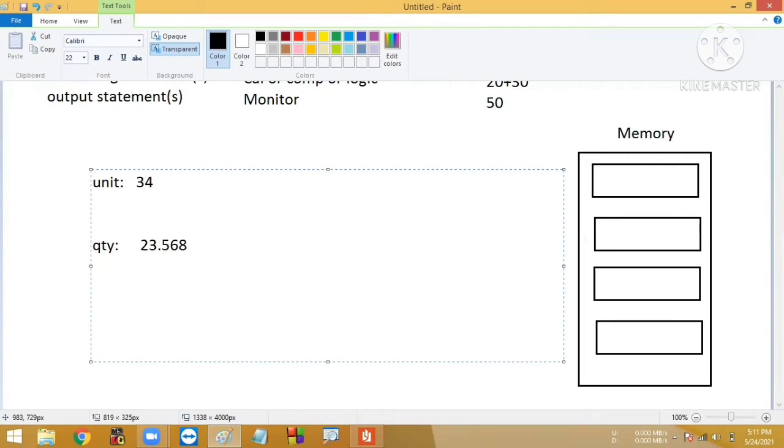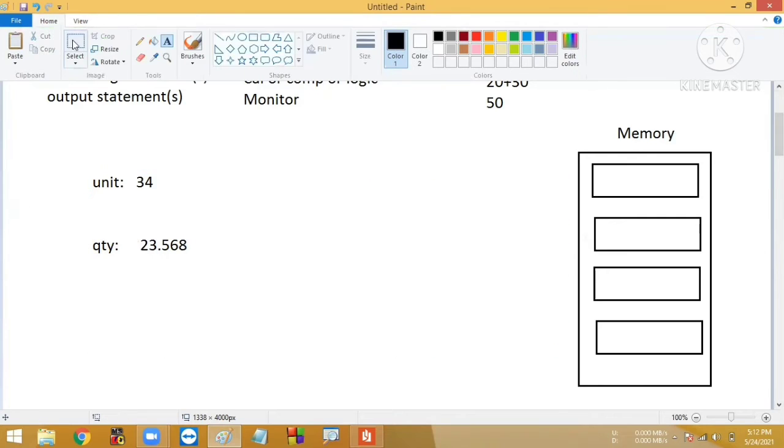Here I've taken unit and quantity, the value of unit as 34, and the value of quantity as 23.568. Now where are these values stored? This value might be stored somewhere here, and this value somewhere here.